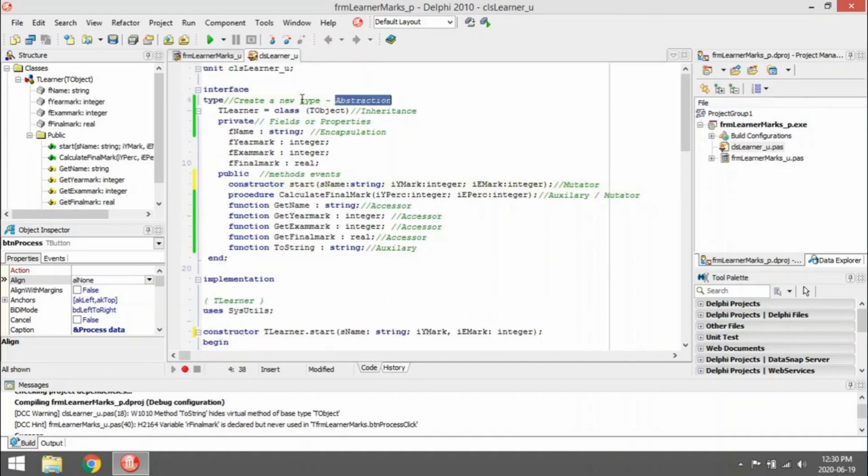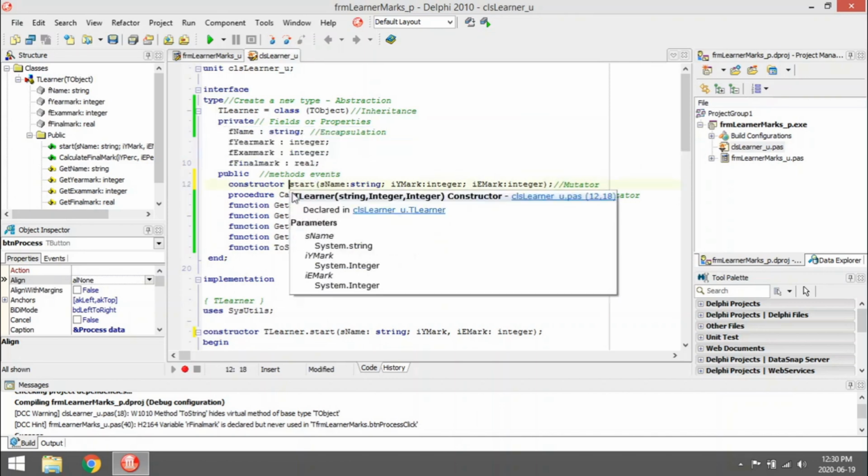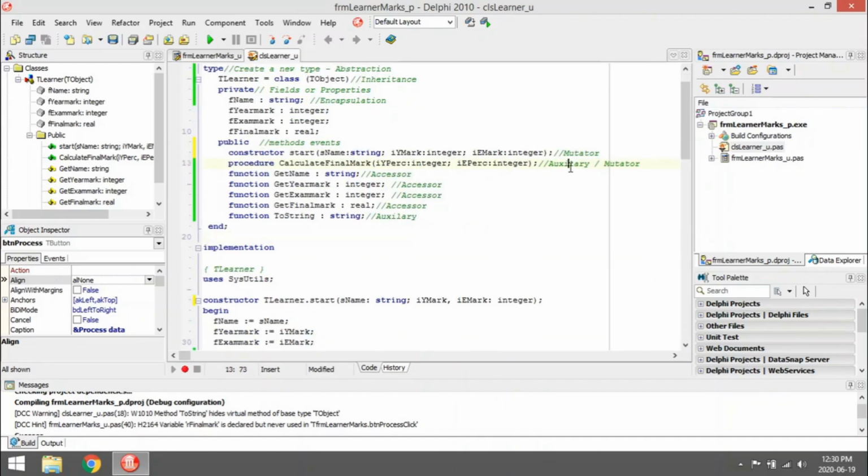Yes, and abstraction, new data type, inheritance, inherit something from a previous class, encapsulation, hides some of the coding from the rest of the program, mutator method, changes one of the fields. Keywords there that you might see is that it starts off with a set because it's setting values. Auxiliary is when you calculate something new.